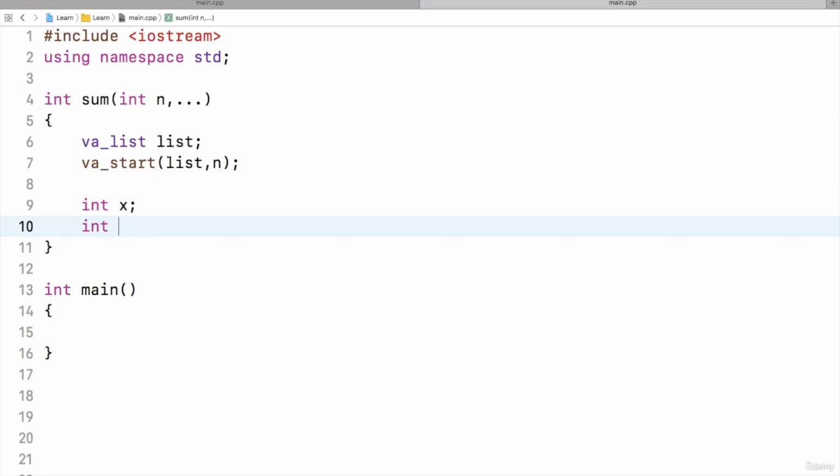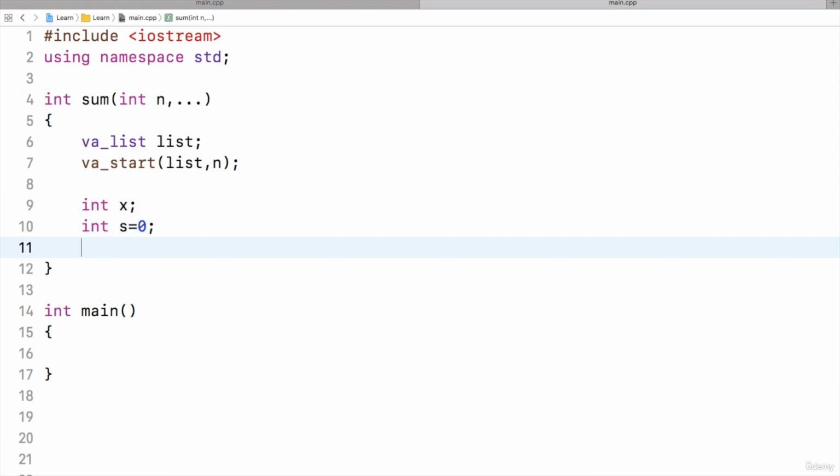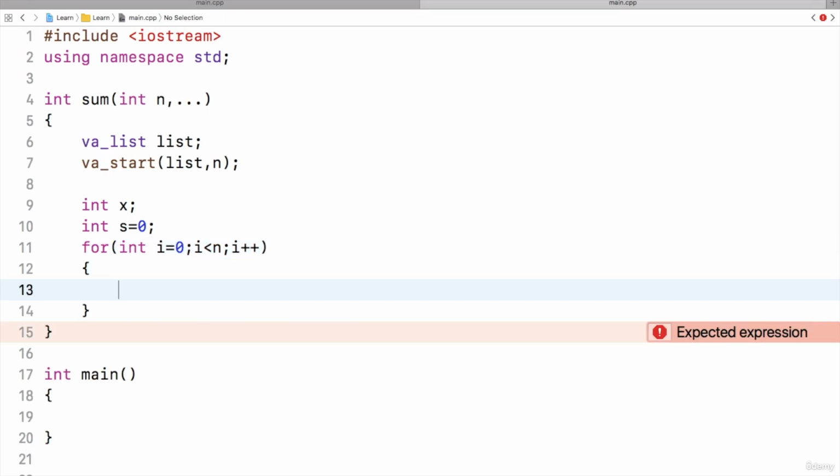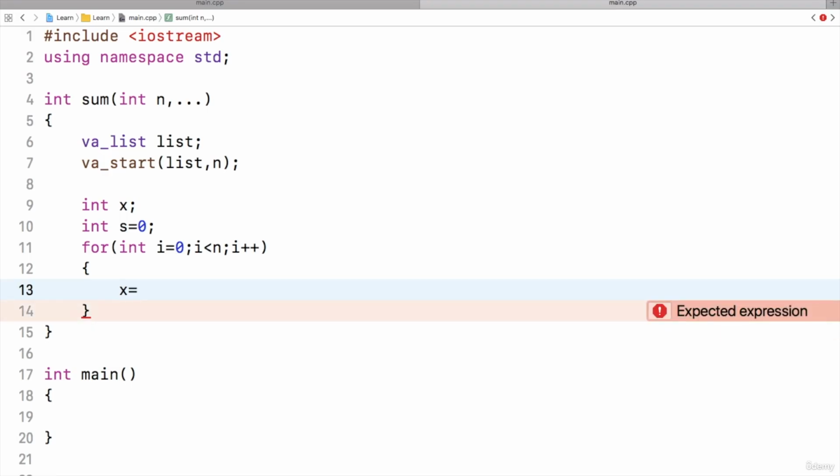Then for accessing all the elements, I will take some variable x, and I will take one variable s, that is for finding the sum of all the elements. Then using a for loop, I'll access all the elements. Integer i assign 0, as I know how many elements are there, that is i is less than n and i plus plus. Then every time I will retrieve an element from the variable arguments, that is va_arg,